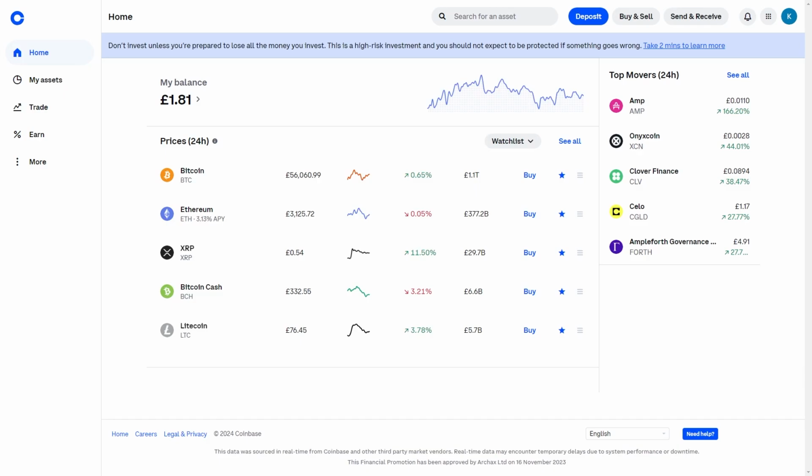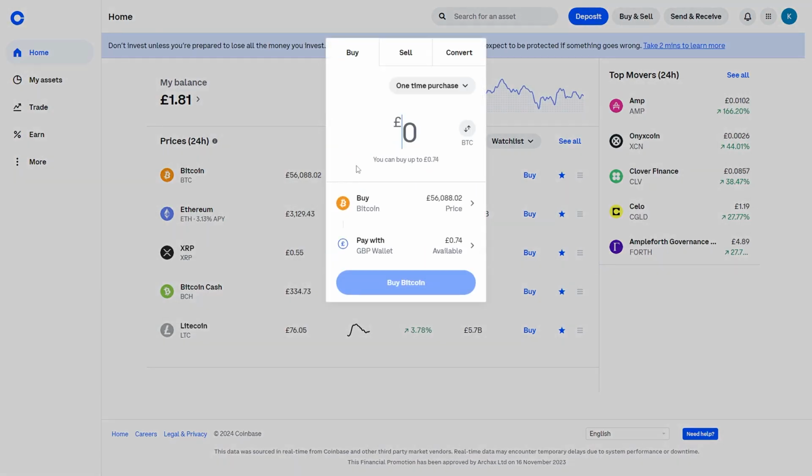In this video, I'll be showing you how to buy crypto on Coinbase. Now this can be done on the website on your PC or on the mobile app, so it doesn't actually matter which device you're using, but to start with, you want to go ahead and open up Coinbase. From there, you should be able to see a button, and on the PC it's in the top right, it says buy and sell. And when we click on that, we'll be able to buy any crypto that we like